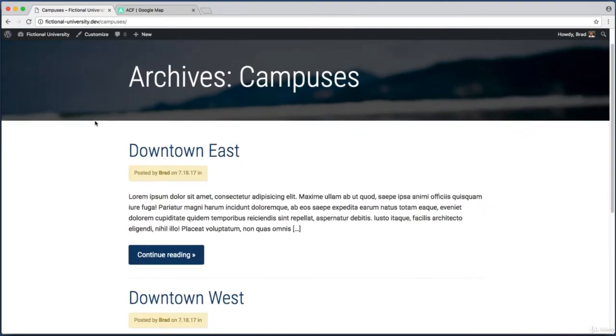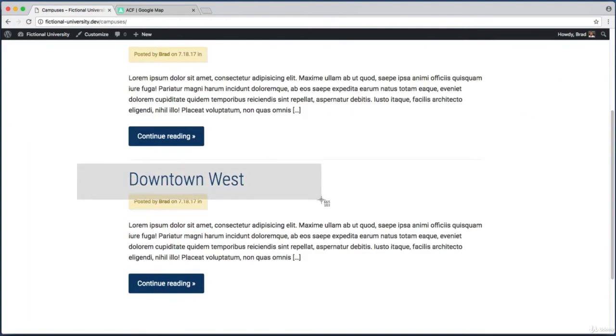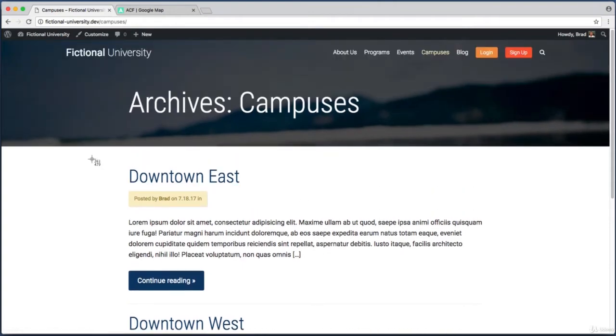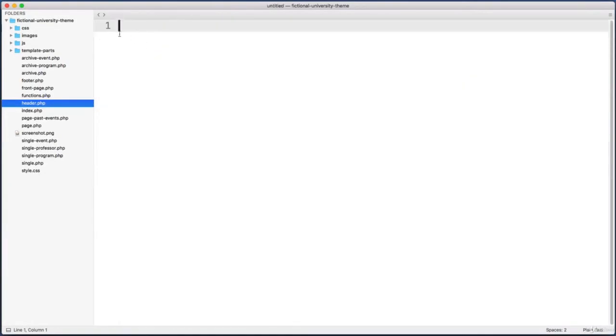cool. So we see Downtown East and Downtown West. So these are the posts that we would hope to see, except this is not the formatting that we want. When it comes to campuses, we want to create an interactive Google map with pins for each location. So in other words, we need to use a custom template for this screen. Now at the moment, this is being powered by archive.php. So if we want a unique template just for campuses, we can go into our text editor, and in